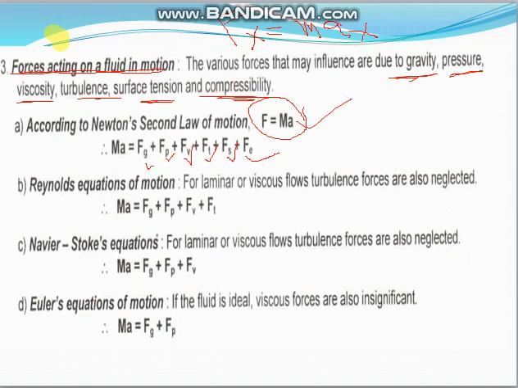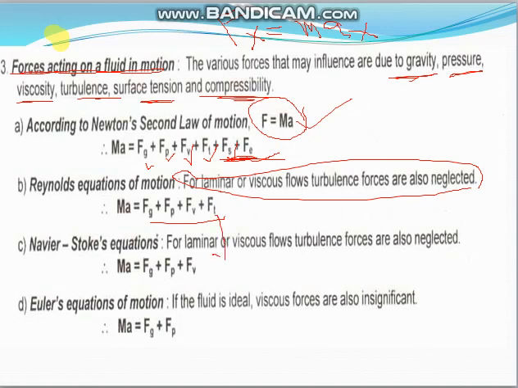So coming to the Reynolds equation of motion. The Reynolds equation of motion is about laminar flow, where viscous forces and turbulence are not neglected. From Newton's second law of motion, here we consider gravity, pressure, viscous, turbulence, surface tension and compressible forces. By neglecting the surface tension and compressible forces, we get the Reynolds equation: gravity, pressure, viscous and turbulence. Coming to the Navier-Stokes equation,